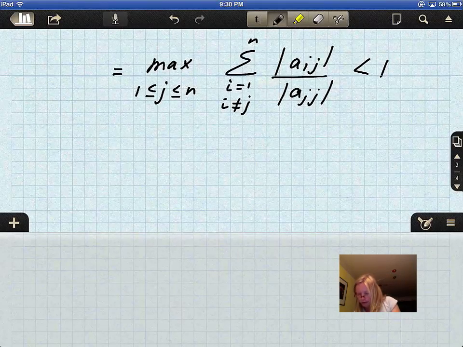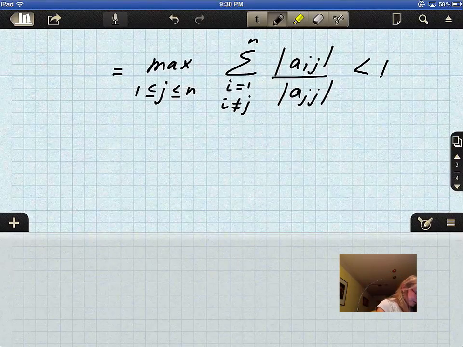Okay, so now let's go to my favorite proof, and this is number 3. So now